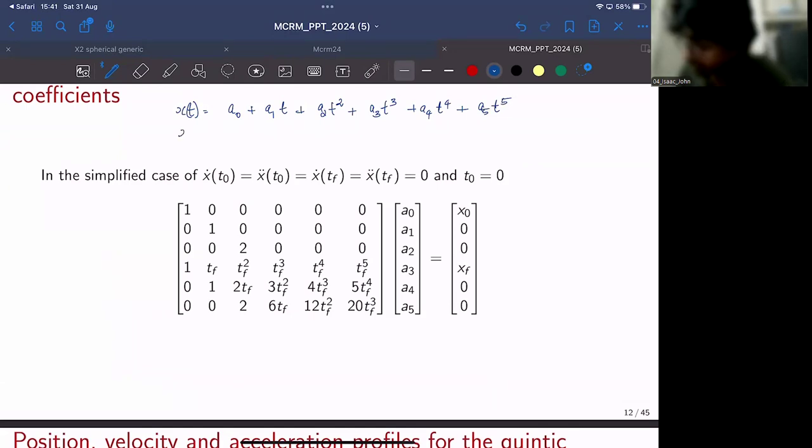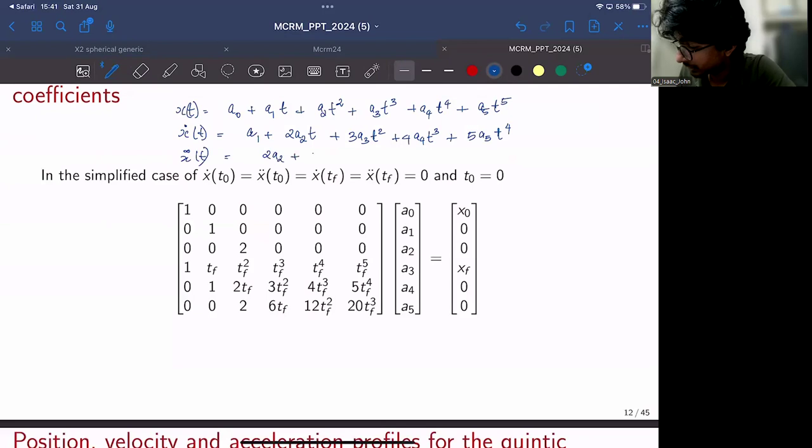If you take the velocities, x dot of t would be a1 plus 2a2t plus 3a3t square plus 4a4t cube plus 5a5t to the power 4, and x double dot of t would be 2a2 plus 6a3t plus 12a4t square plus 20a5t cube,